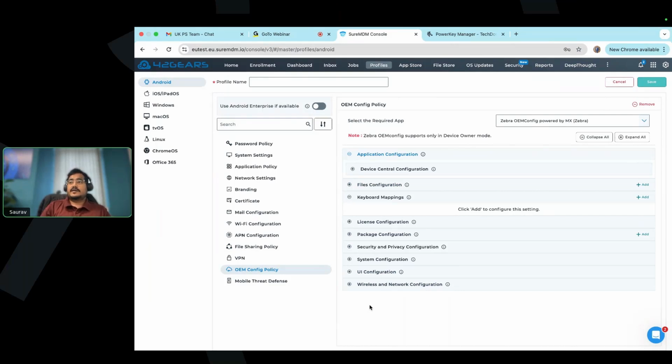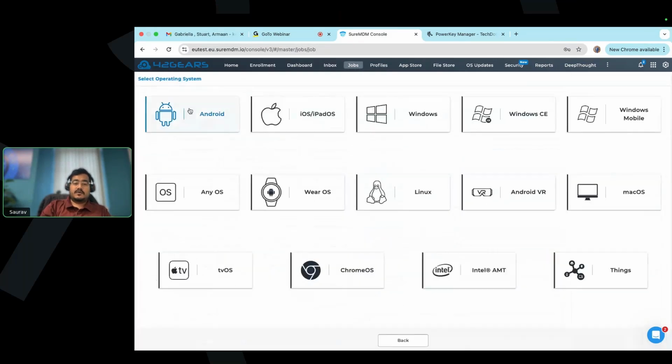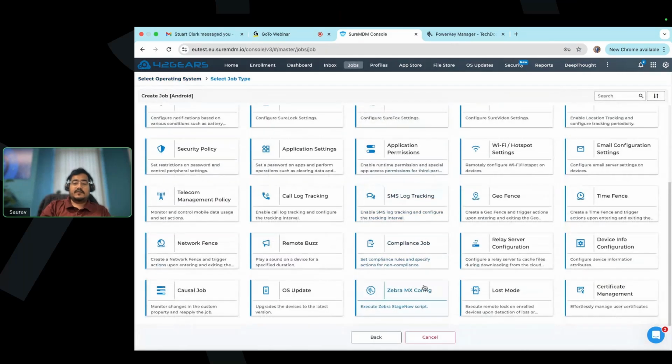The application will get installed, then you will have execution of these APIs that you have configured from the OEM config policy, which will automatically get executed onto the device side. On the other hand, the MX config part, or the job that we have, Zebra MX config, is somewhat more reliable, which I felt was more reliable and faster than OEM config, because you don't have a dependency on